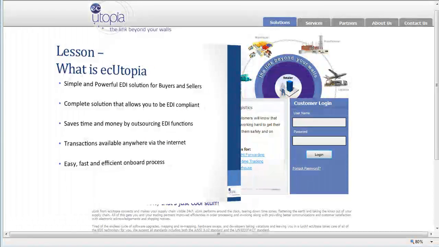Before we get started, it's probably helpful to let you know what EC Utopia really is. EC Utopia is a simple and powerful EDI solution for both the buyers and the sellers, or as sometimes called trading partners. It's a complete solution that allows you to be EDI compliant, so you can transport all document types back and forth with your trading partners, saves you time and money by outsourcing the EDI functions, makes transactions available